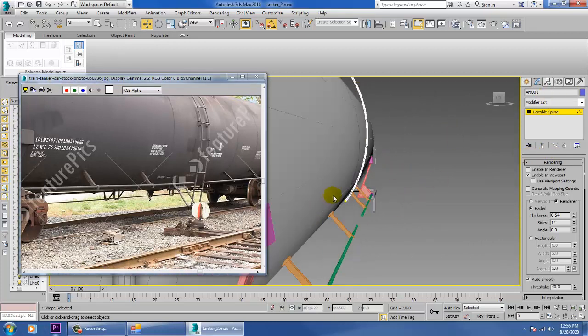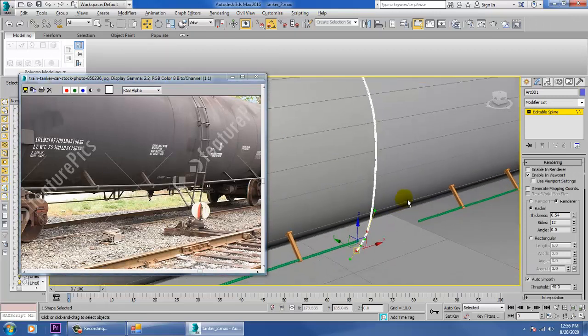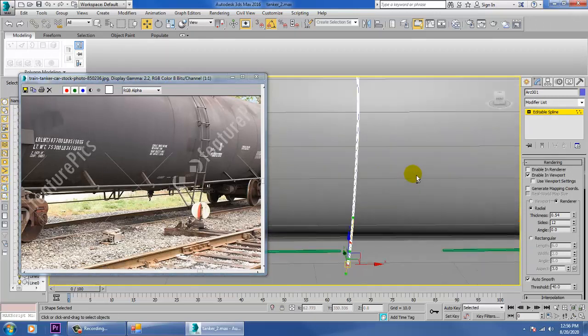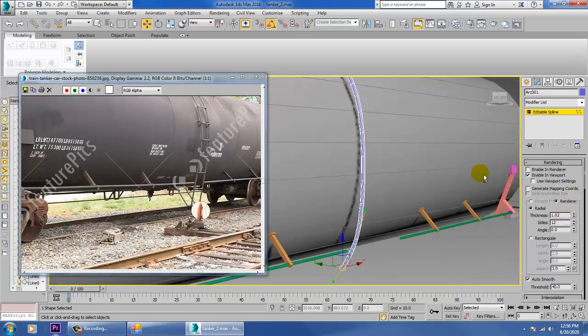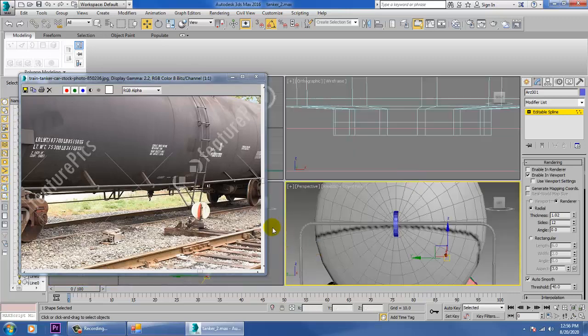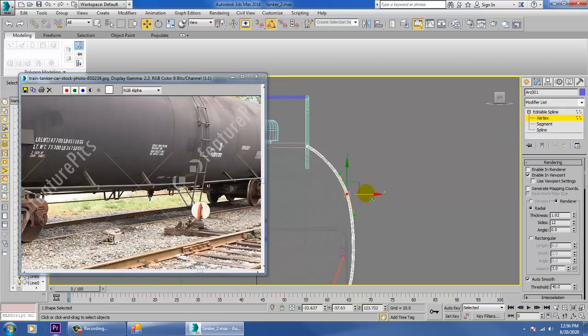So this part we can just push till here, down till here, in this way. So you need to make it more thick. So let's go into it and just adjust it. We can use a refine over here.